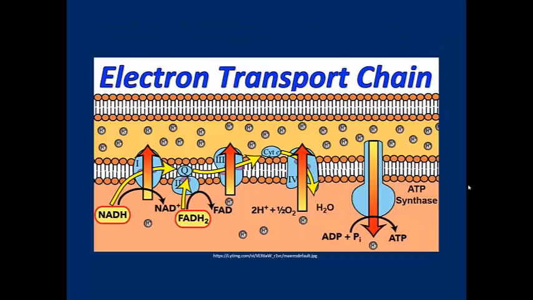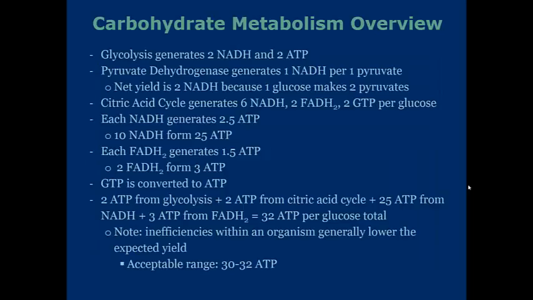Here's a diagram of what the electron transport chain looks like, with oxidative phosphorylation occurring towards the end. You'll notice that the ATP synthase operates very similarly to a car engine with a motor, and it's going to spin and add phosphates to ADP using this proton gradient that's created by the first three complexes. So I know that was pretty quick and very general, and obviously carbohydrate metabolism is far more complicated,